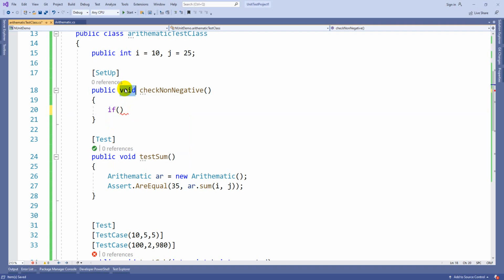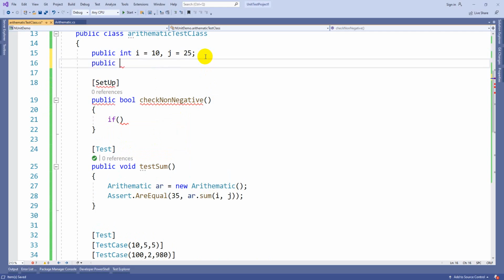Suppose here I am making it as boolean example. Let me take some example. Public bool result, the type is bool and the variable name is result.